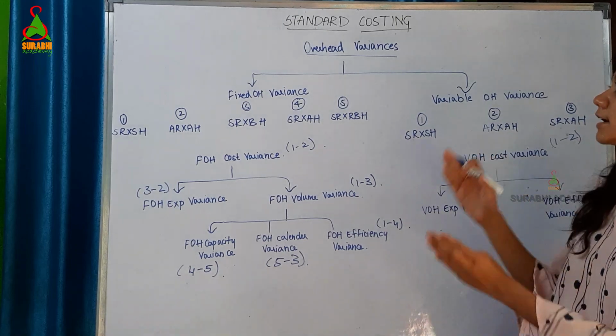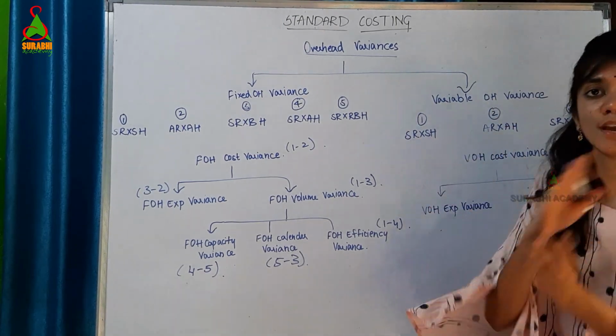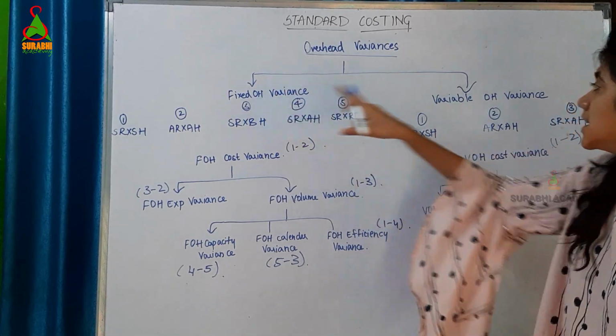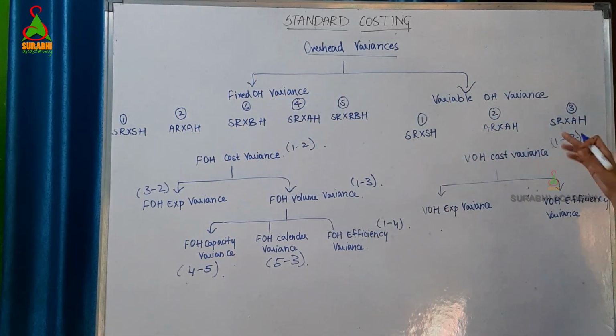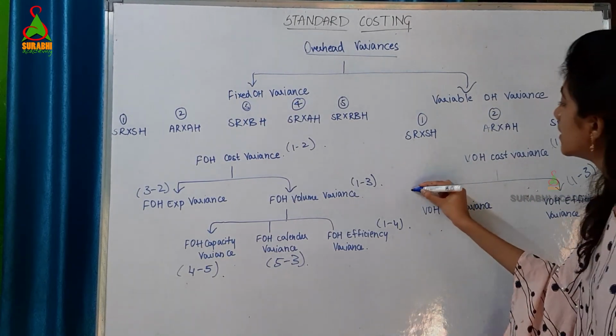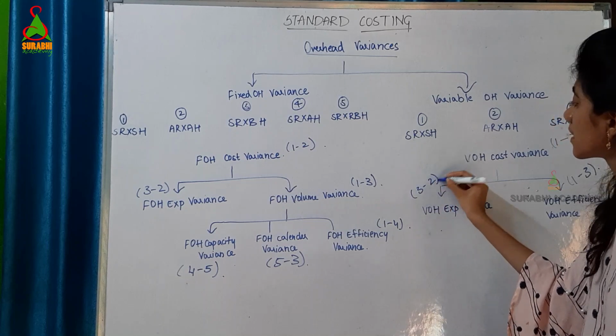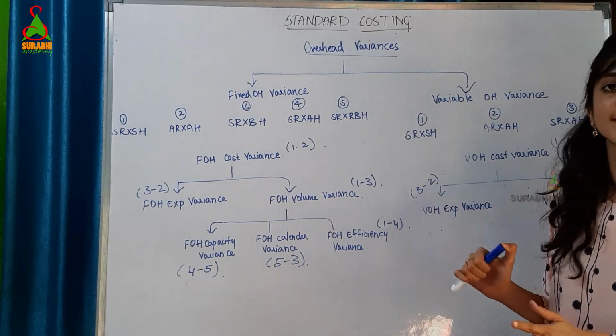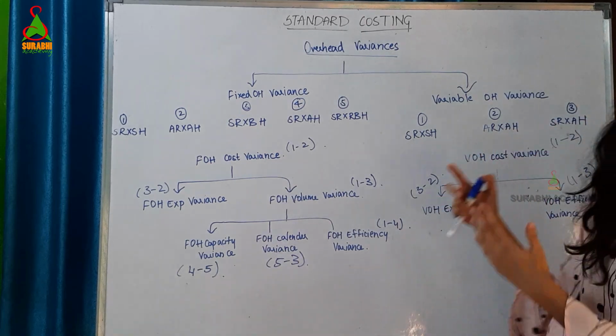You know, right? We calculated material variances. Same way only we have to calculate everything. Just the names will be changing. Steps you need to remember. Same for every problem. 1 minus 2, 1 minus 3, and here 3 minus 2. So this is it. To calculate any type of variances, we can draw this chart and we can write.